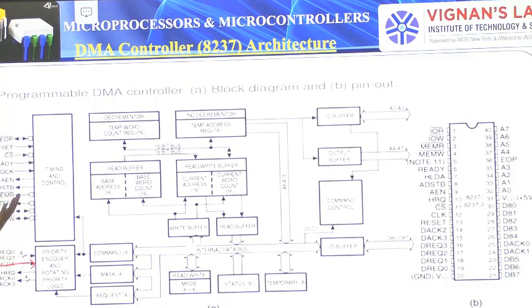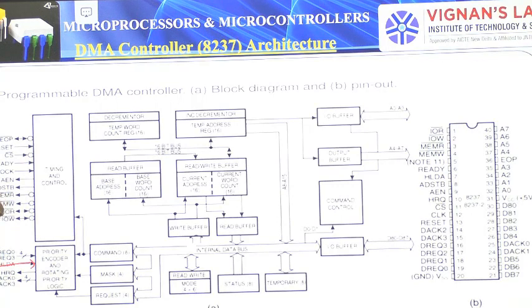So here we have timing and control logic, end of process, and the reset and CS bar. That means this DMA controller is handling all the operations related to the memory organization. So without the involvement of the CPU, it can access the memory locations. It handles memory write, memory read, input output read and input output write operations, and the AEN is one. The DMA controller accesses only the address.